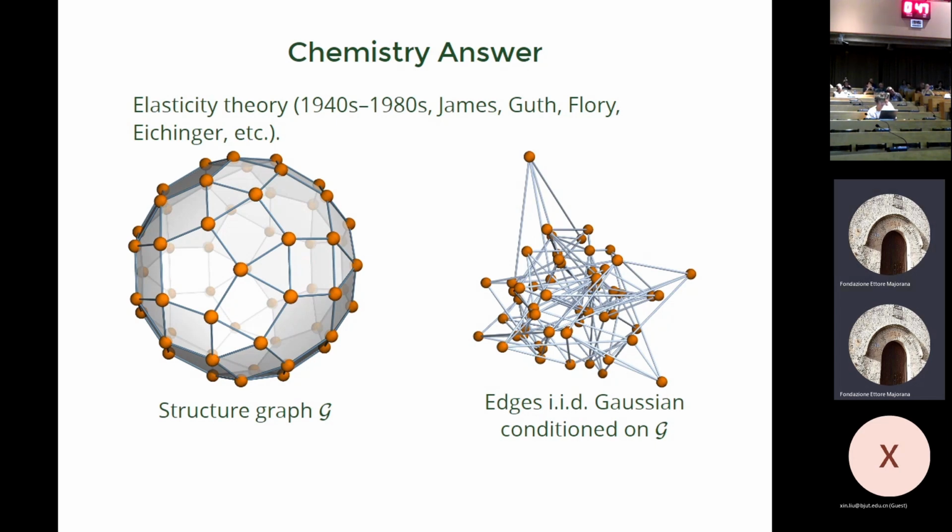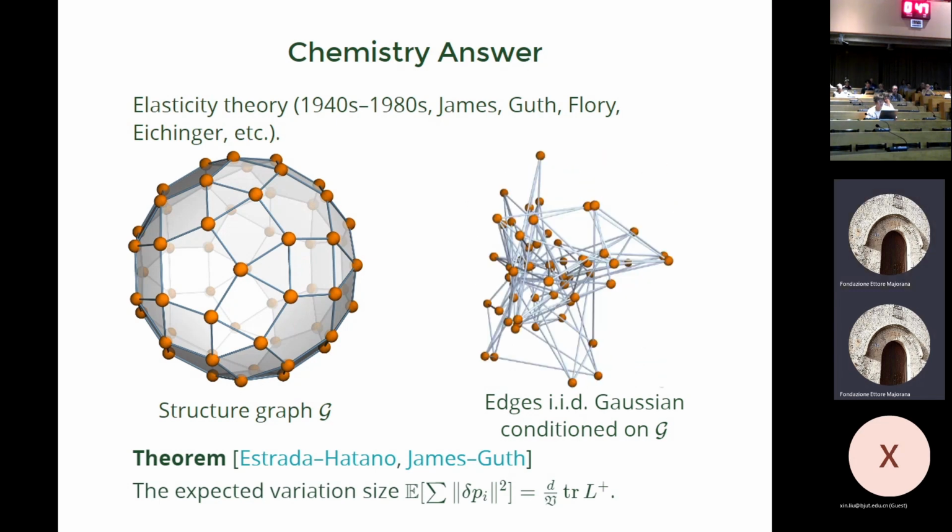I'm going to think of each of the edges in this graph as being a Gaussian. And if the graph had no topology, if it was just a tree, they'd just be independent, identically distributed Gaussians. But then we're going to condition on the fact that we form all of these cycles. That's some linear subspace. And conditioning Gaussian distributions on linear conditions is a fairly straightforward thing to do. So I'm going to get some Gaussian conditioned on the graph, and then I can think about, for example, random embeddings of these things or statistical ensembles of these things.